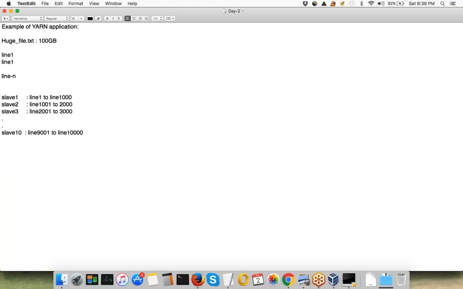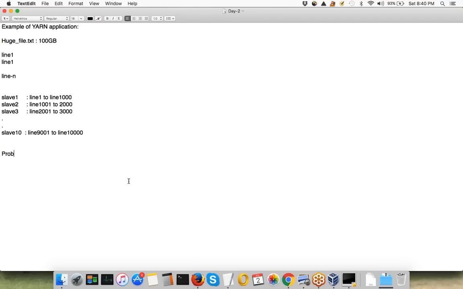I'm just assuming that this is your first block, this is your second block, and similarly you have all your blocks distributed in the cluster. There could be multiple blocks on the same slave as well, right? Once you have the first set of blocks distributed, the next block can again appear on slave 1, and so on.